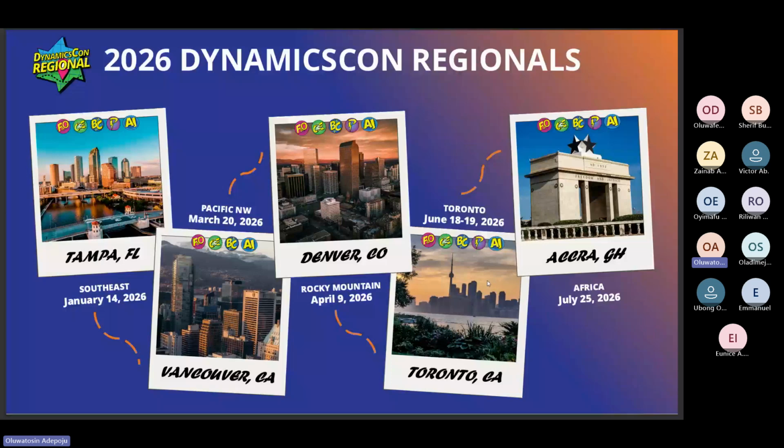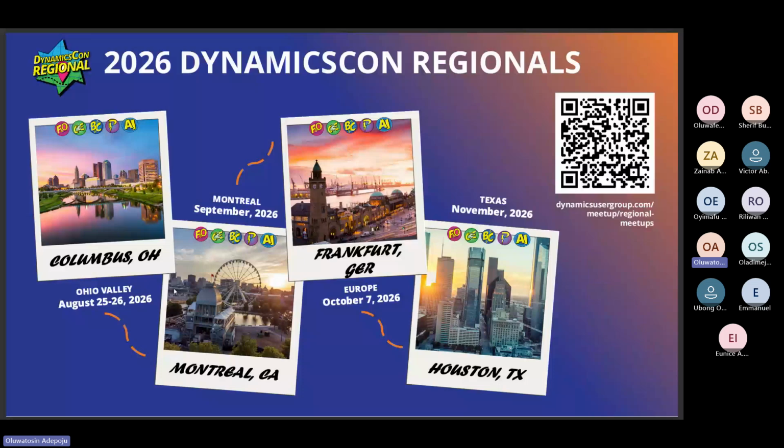Then there is one that is very, very close to us. That's the one happening in Ghana. So that's for the Africans to attend. That one is still happening in June, 25, 2026. When the program is out, I know there's going to be structure around how to register and then how to mobilize ourselves for that conference. So having said that, we also have some coming up in August. So I don't know, you can actually attend any of these.